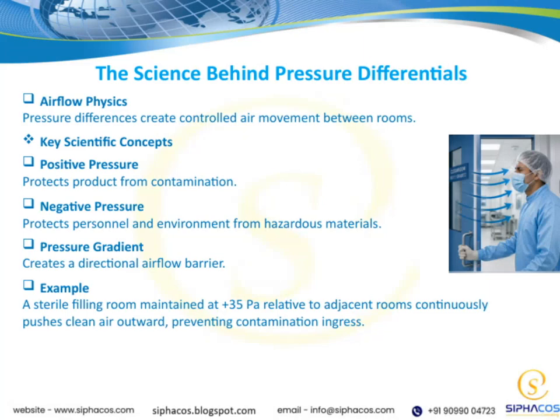Let's dive into the science behind pressure differentials and how they control airflow between rooms. When we create a difference in pressure, air naturally moves from high to low pressure. That's the basic physics at work. Positive pressure pushes clean air out, keeping products safe from contamination. Negative pressure pulls air in, protecting people and the environment from hazards. The pressure gradient, or difference, forms a directional barrier that guides airflow where we want it. For example, a sterile filling room might be kept at plus 35 pascals, constantly pushing clean air outward to block